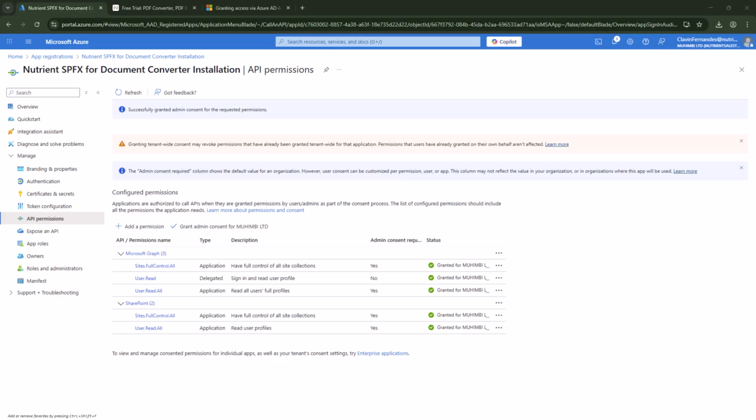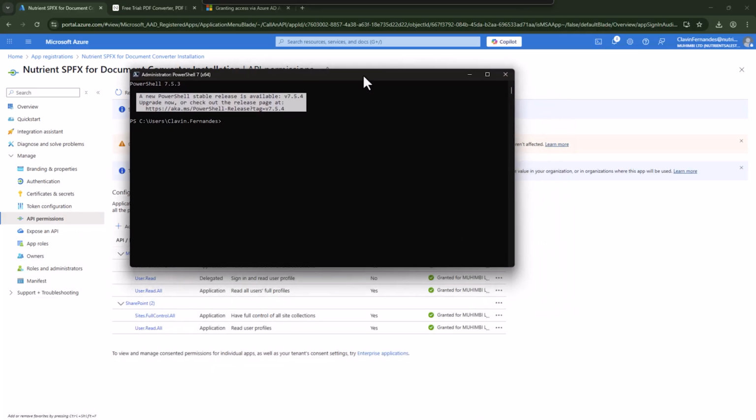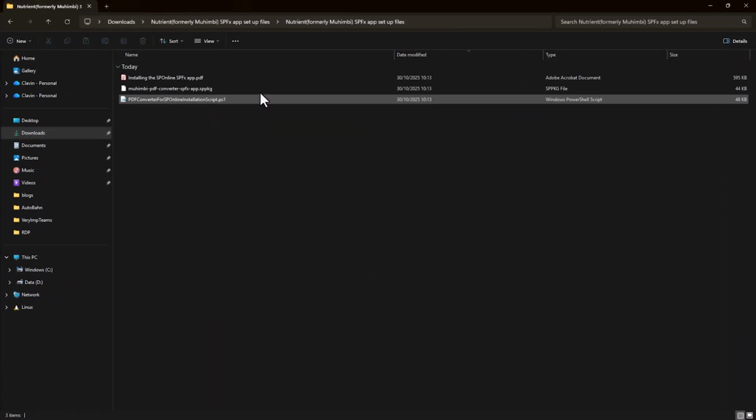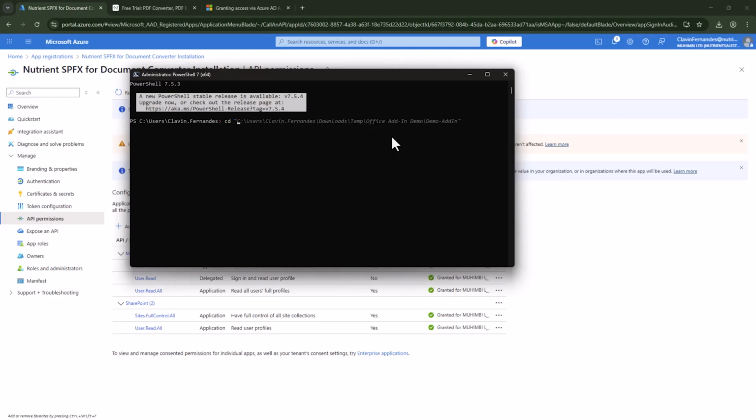Next, what I want to do is open PowerShell 7 as an administrator. So if you don't have PowerShell 7, please install it. Here, I will change the path to the folder which holds the script for the installation. And that's good. So I have navigated to the folder